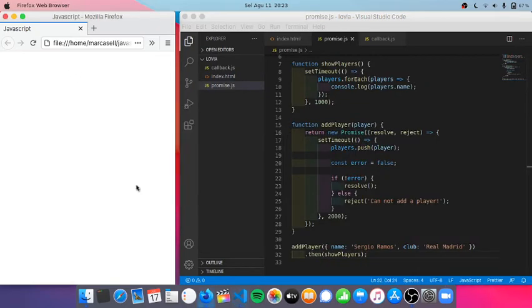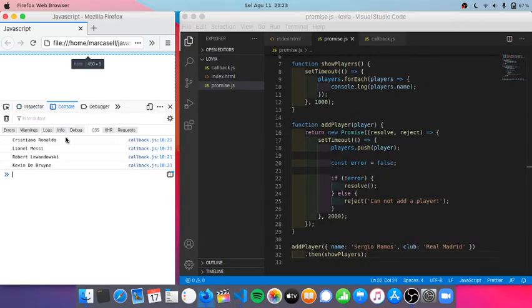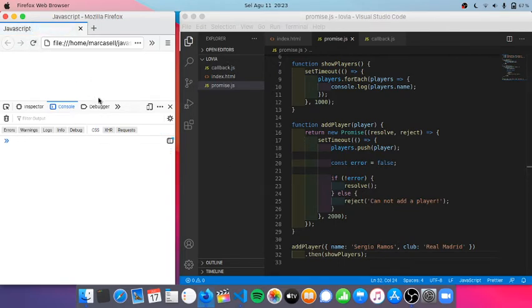If I open console, okay, so here we can see Sergio Ramos at the bottom of the list,